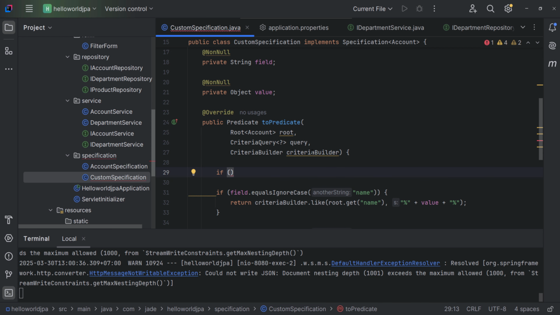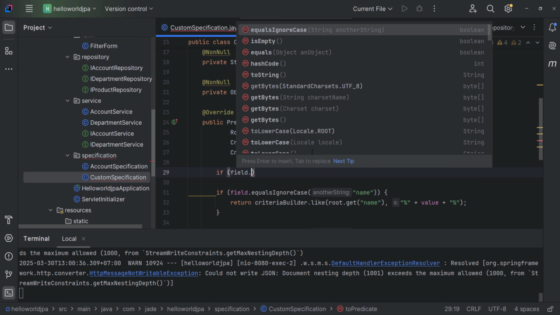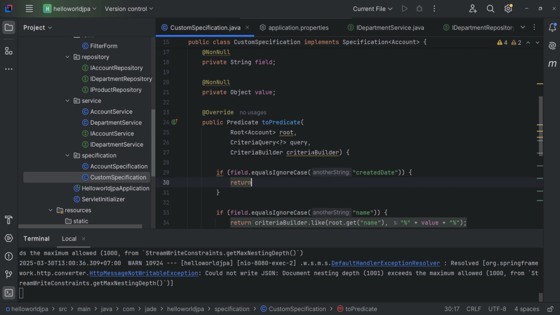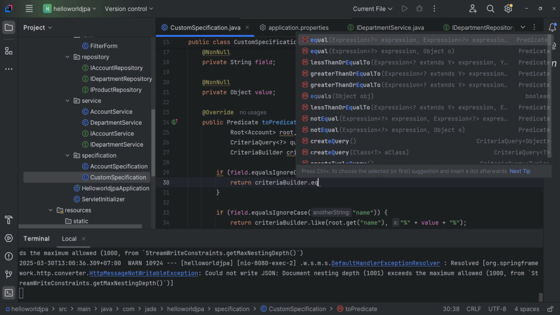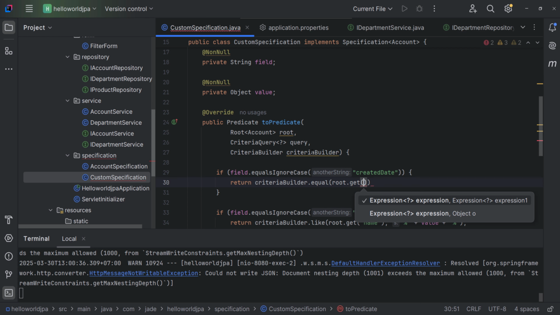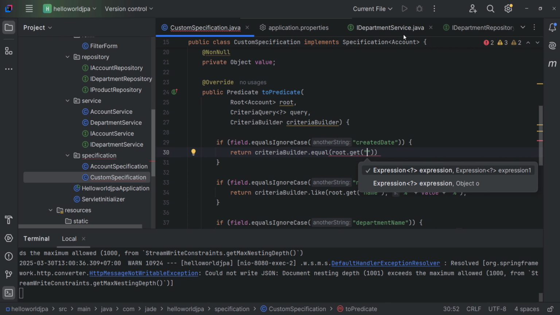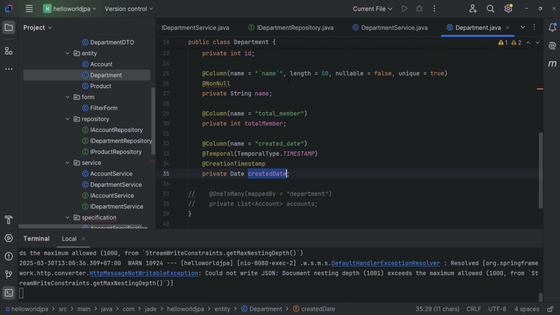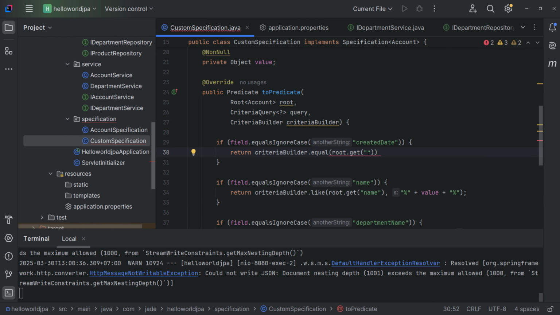So now we will compare equal for the created day. We can check the field equal. If you put the created day, we can return a criteria equal: equal, root get. Now for the field you want to compare, you can go to the department entity and see we have a field named created day, right? Just copy this and go back to the custom specification and add it in here,